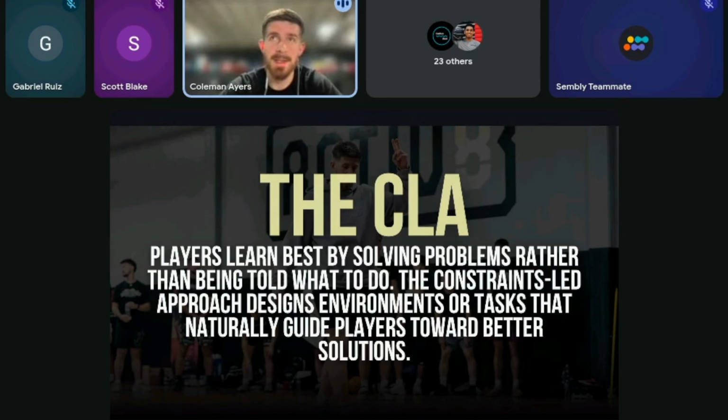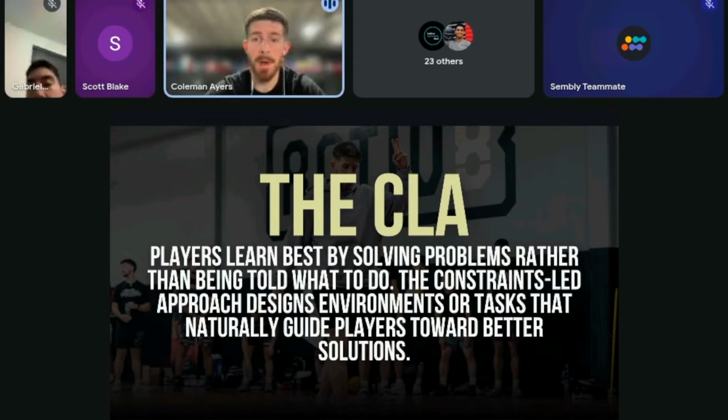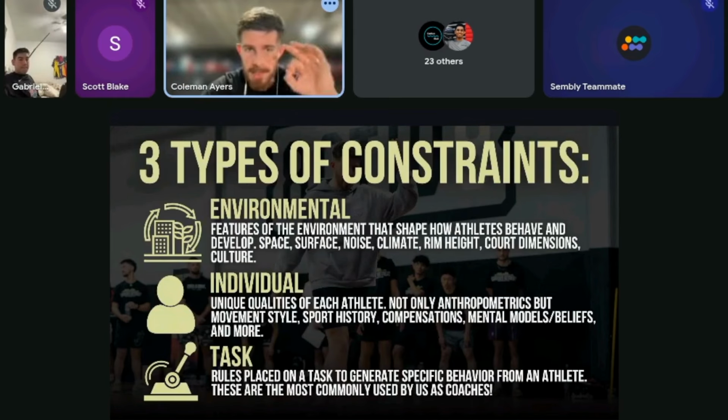So again, it's less of what you see on the court. It's less of just, hey, we're going to play a bunch of small-sided games. It's less of differential learning, which we'll talk about, and more of an approach that we can bring into any method, whether it's on air, whether it's live, whether it's watching film, whether it's psychological work. All of this can be applied through the lens of the constraints-led approach. So to understand this better, we've got to understand the three types of constraints: environmental, individual, and task constraints.